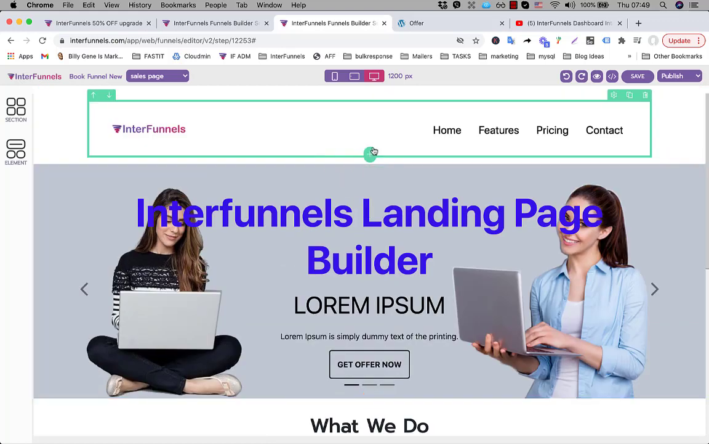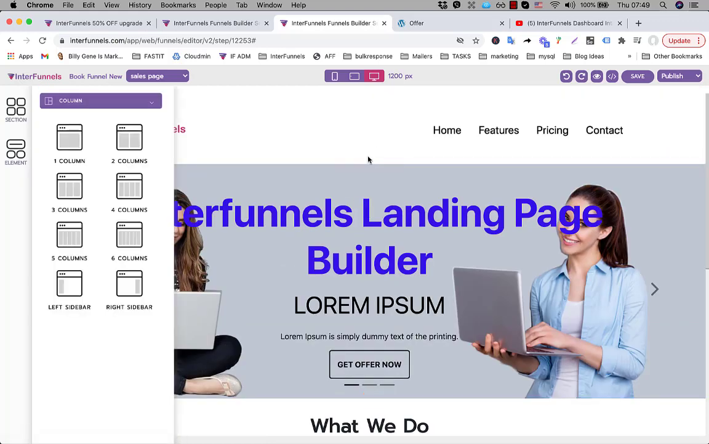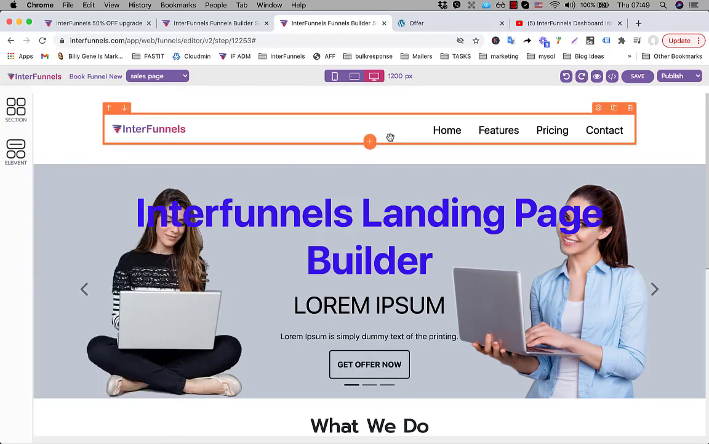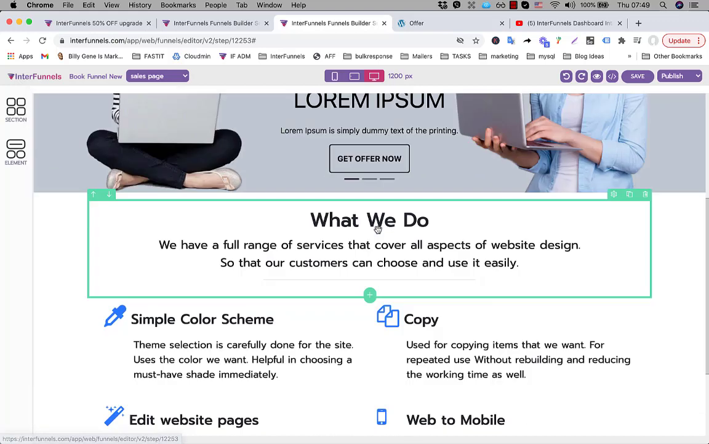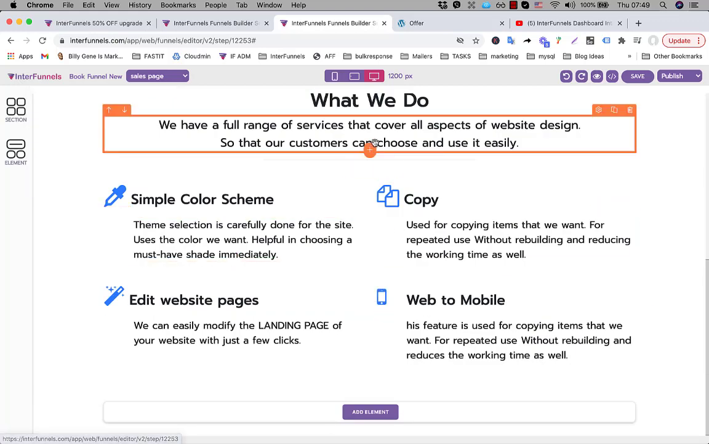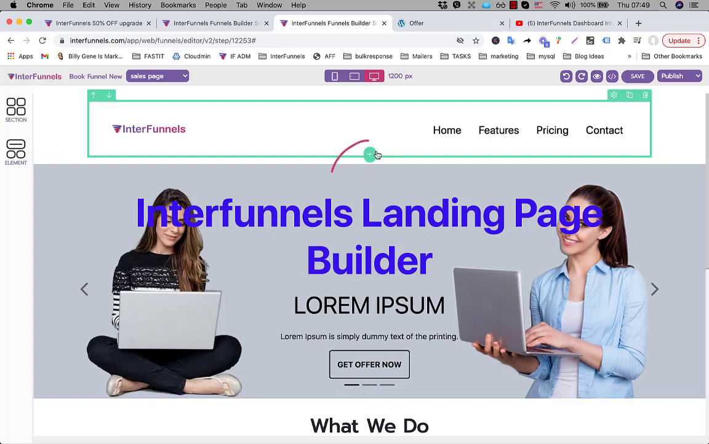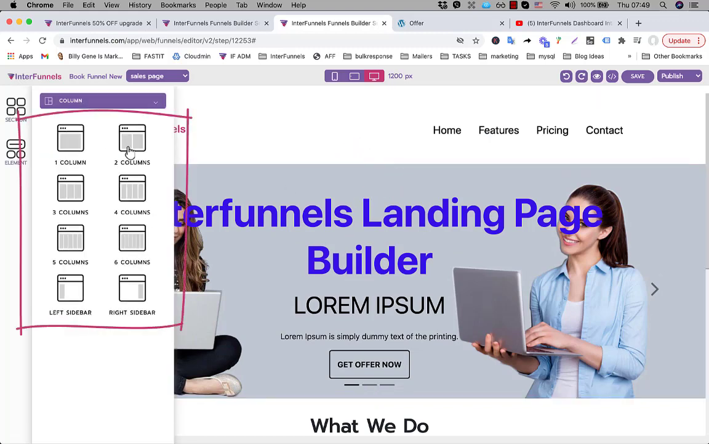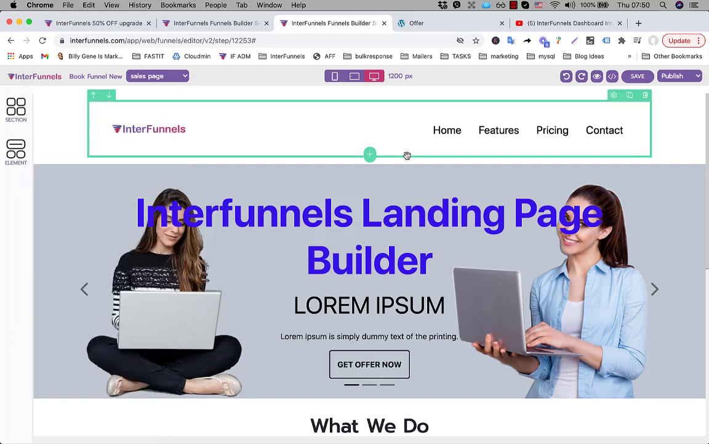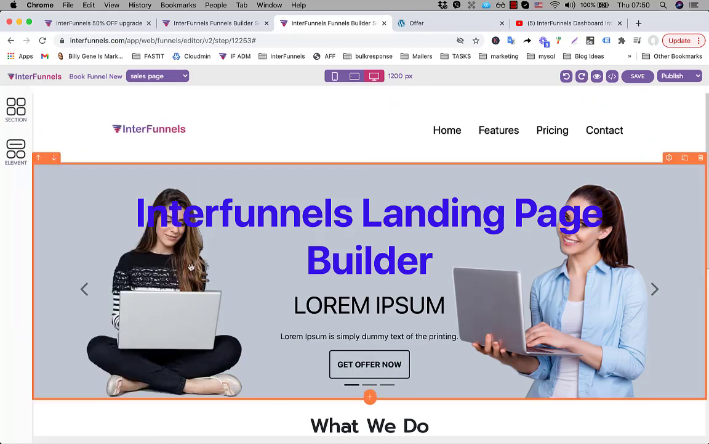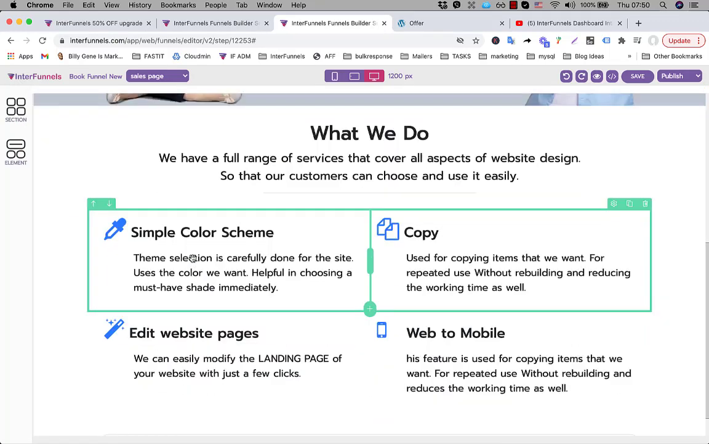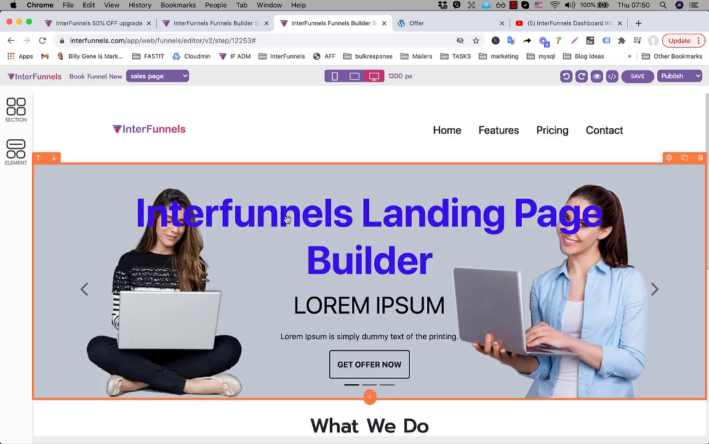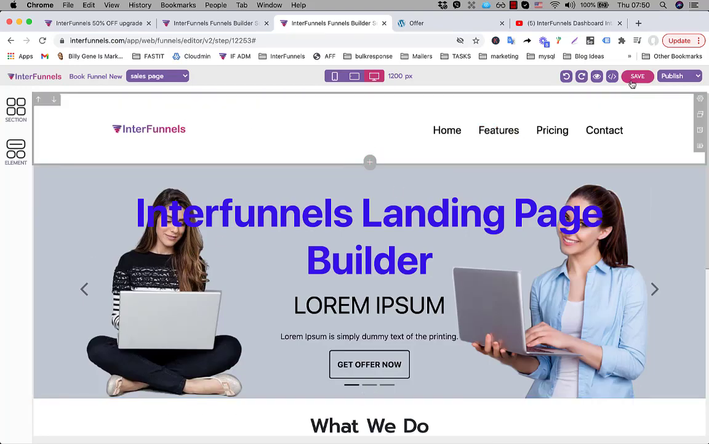show you some more features, such as if I want to add a new row, what I will do is I will click here, and this left panel will appear with 1 column, 2 column, 3 column, 4 column. I can add as many columns in my row as I want. So this is the overview of the environment of this builder, and you must keep saving your work so that